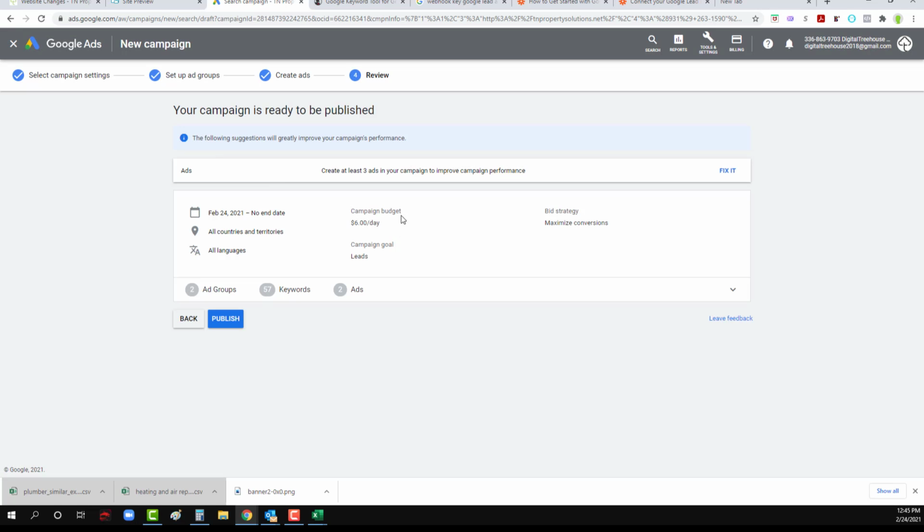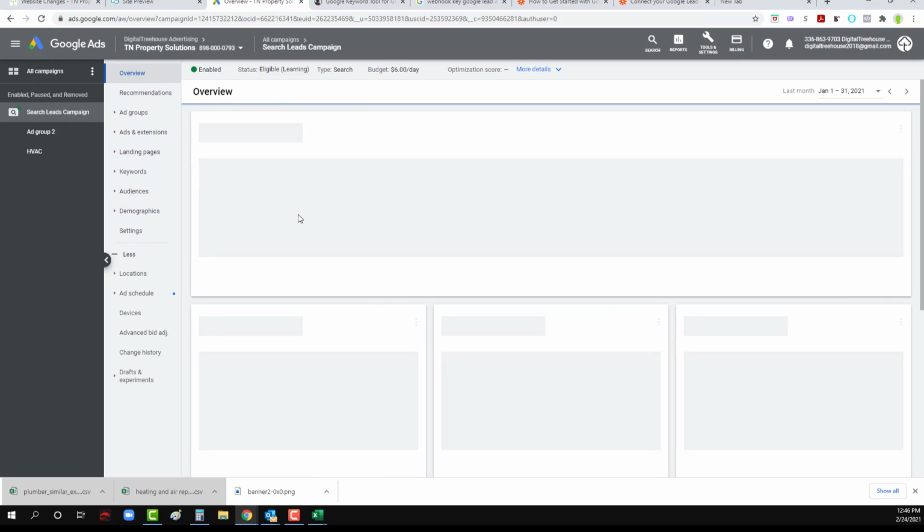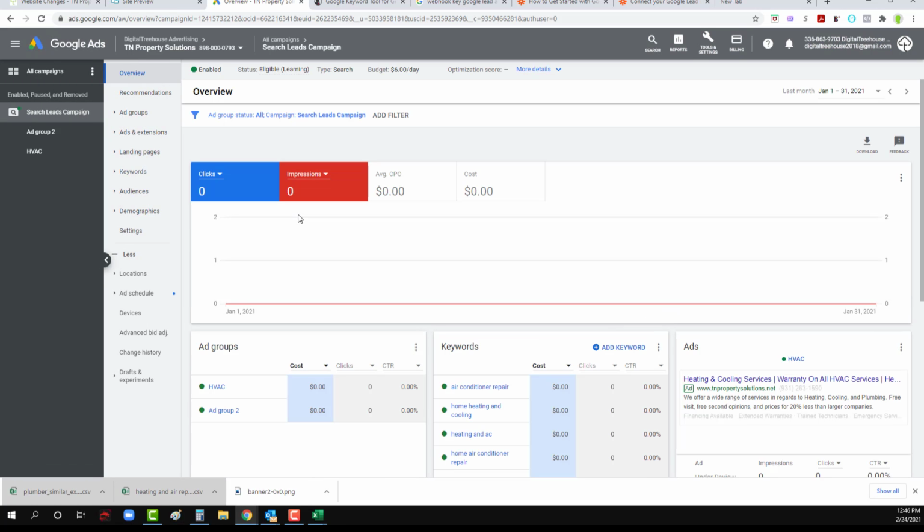And everything's been checked. Our budget's $6 a day. We're looking to maximize conversions. We've got a conversion code in there. We just need to get that website launched, and we can hit publish. So now our ads are running, and Google's going to keep an eye on this and tell us